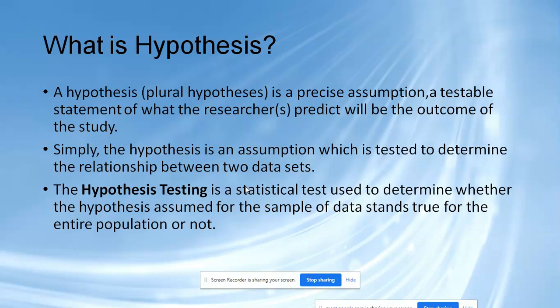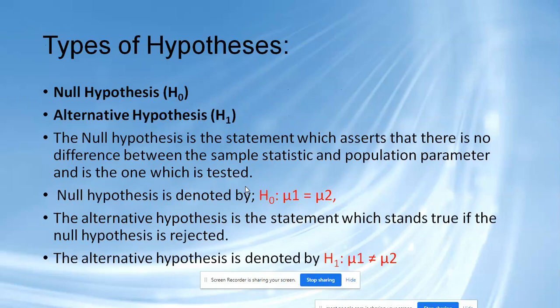So in hypothesis testing we apply the statistical test to a certain sample of data, say in this case 300 samples, and then you assume it for the entire population. You project that hypothesis for the entire population, right? So this is nothing but hypothesis testing. Now, there are two types of hypothesis. One is called the null hypothesis, which is denoted by H naught or H0, and the other type is called the alternative hypothesis, that is H1.